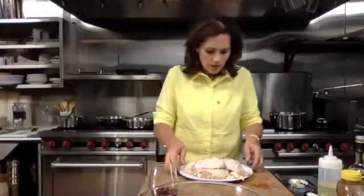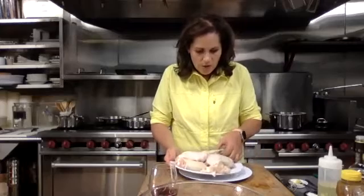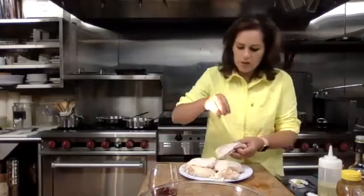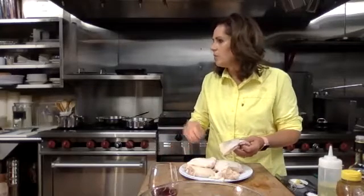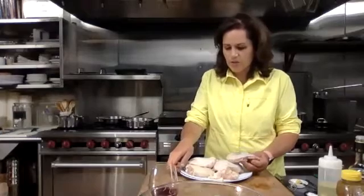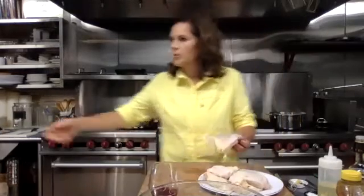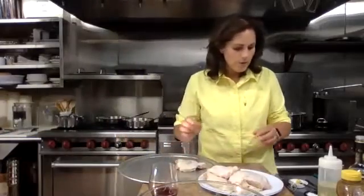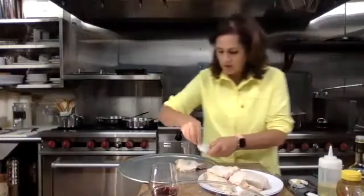Okay, so let me take this, and we want to give a good dose of pepper and salt to each side. Actually, I'm going to take that metal tray back. I'm going to lay these out so that when we go to put them in the pan, they're all kind of individual. So salt and pepper each side of your chicken,